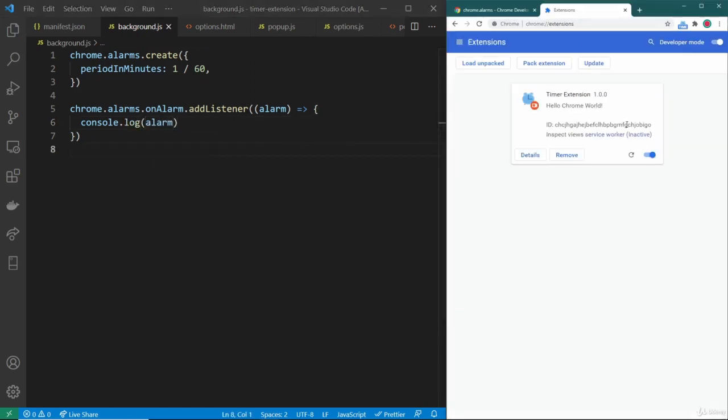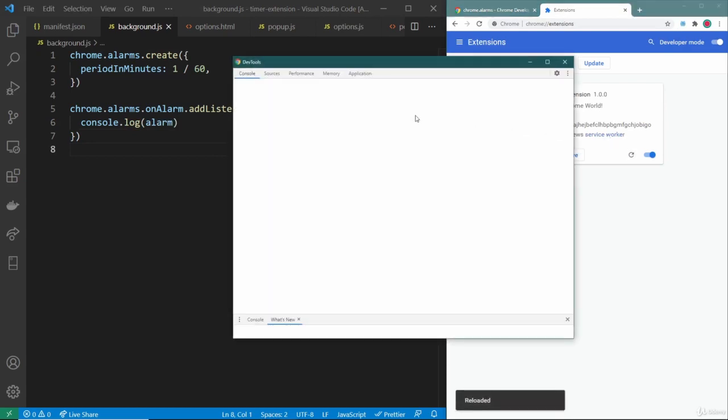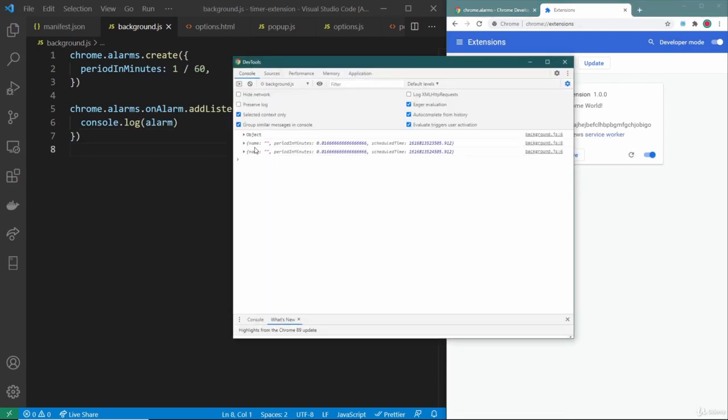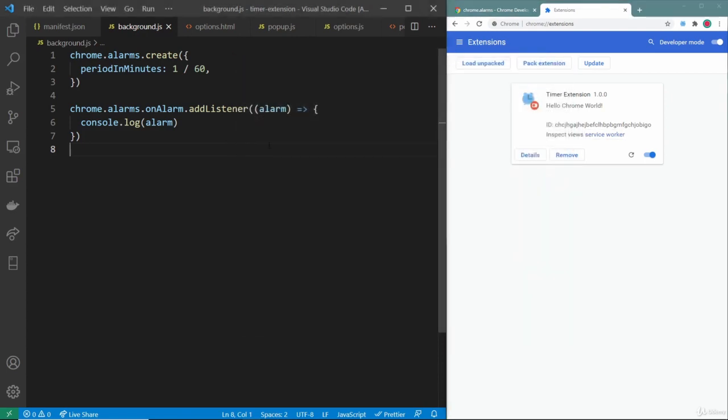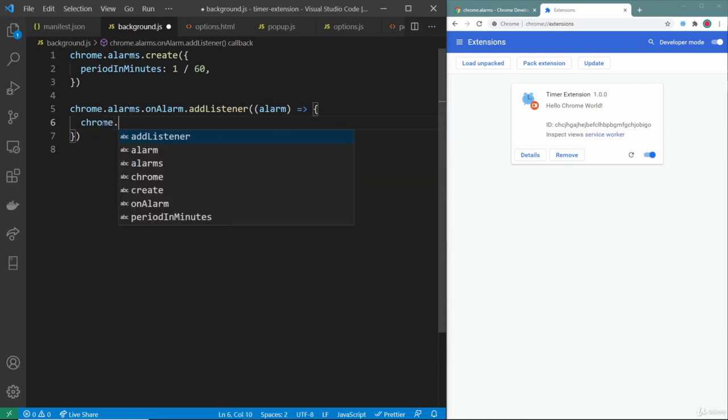So let's refresh our extension and inspect our service worker. And you can see every 1 second our alarm is firing. Okay, so now that our alarm is firing every 1 second, we actually need a way to store time. So let's actually use our Chrome storage again. And this time we're going to use local storage, since our timer isn't something that is likely to be reused across browser sessions. So we'll do